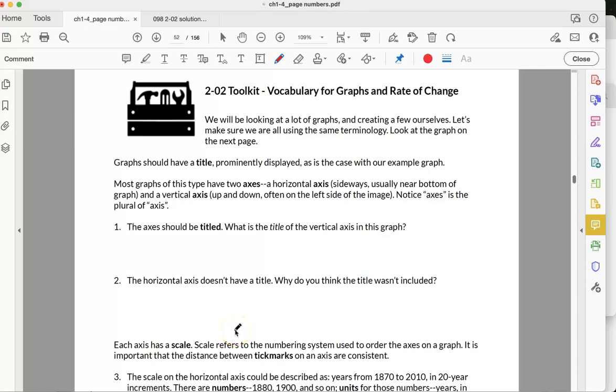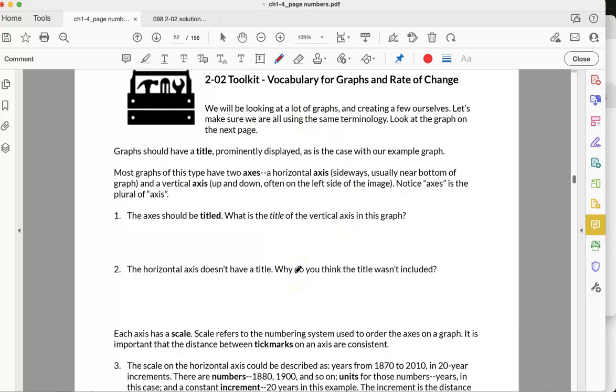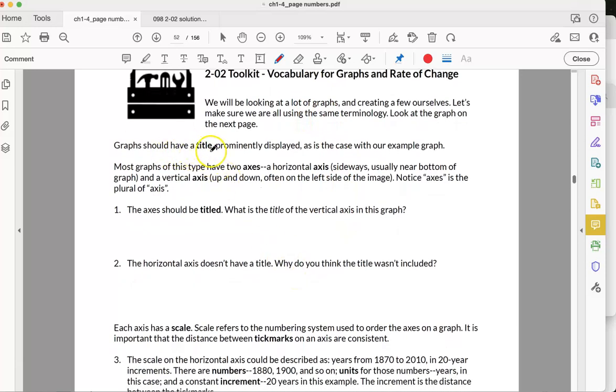So on page 52, we're continuing with similar themes from 2-01. We are still going to be working on rate of change, and we'll get some more vocabulary for our graphs. So a graph should have a title and two axes, a horizontal axis and a vertical axis. And on the graph, that is actually 2 pages ahead, what is the title of the vertical axis in this